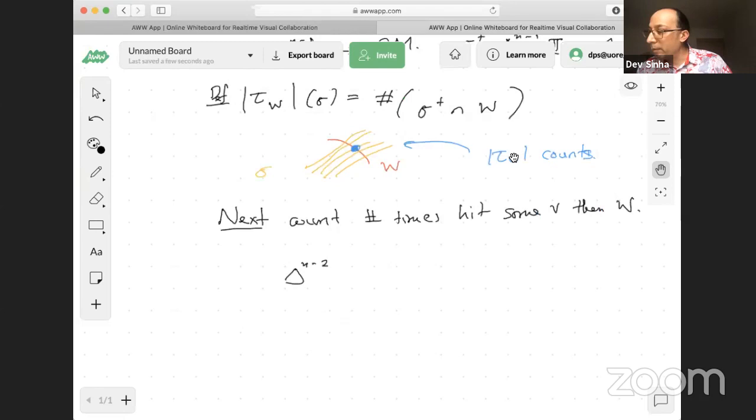And I have to do this on my own board. And maybe I really want to think about this as an n1 plus n2 minus 2, where n1 and n2 are the codimensions of V and W. So if I have such a family,